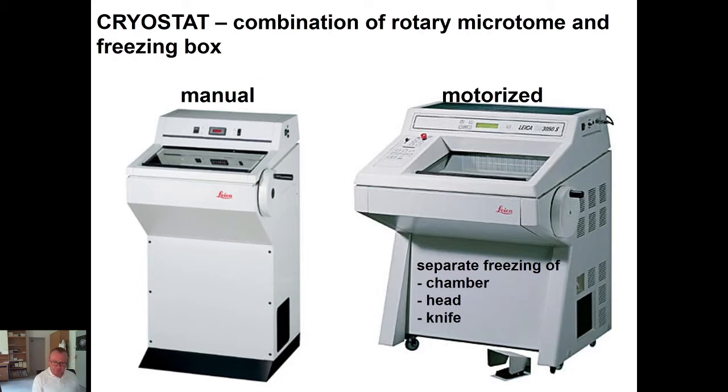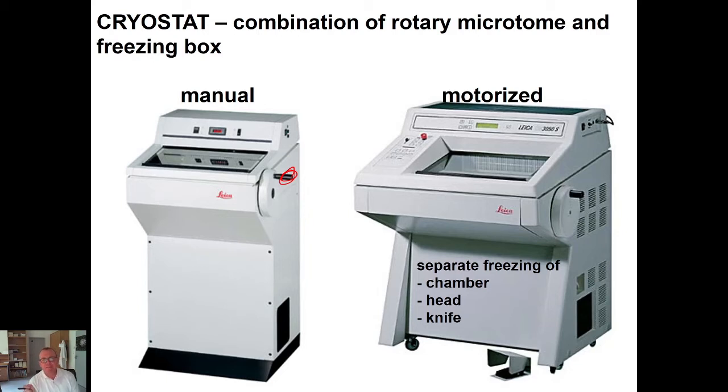Several words about the sectioning of frozen specimen. Frozen specimen can be sectioned by cryostat, which is a combination of rotary microtome and freezing box. The rotary microtome you recognize according to this wheel with a handle. So the laboratory assistant is turning this wheel, and